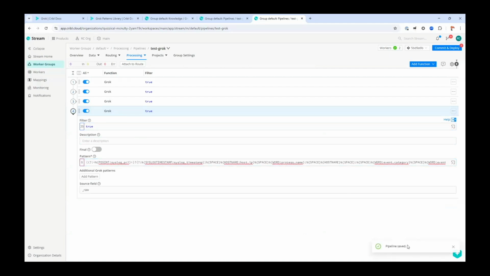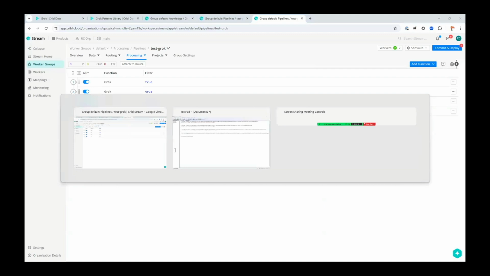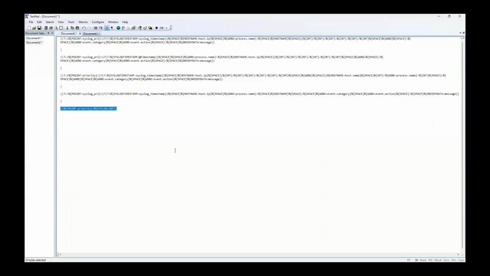And we hit save, and the pipeline was accepted as is. Our syslog timestamp and syslog_PRI or syslog priority. The field names look good, so no changes are needed on this one. And then our last one here